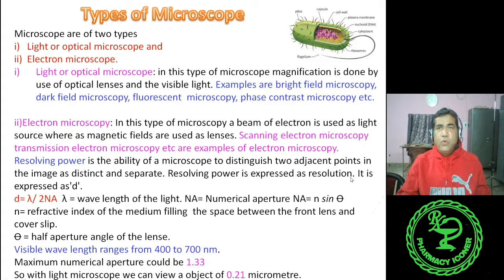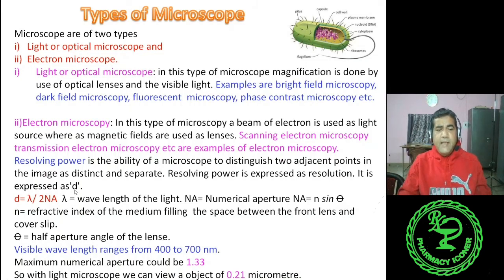So, two points are there. Suppose these are two eyes. You can view them. However, if you go to a distance, they will gradually become smaller. After a certain time, you will see them as a line. That means the distance between them has collapsed. So here, resolving power is the minimum distance at which you can still distinguish it as two eyes.